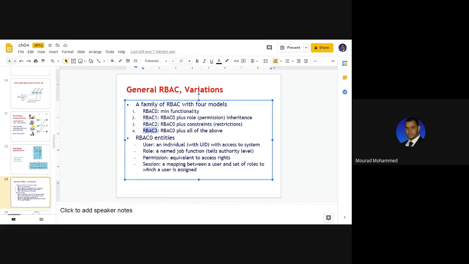So level 3 is the minimum functionality in addition to the inheritance feature plus the constraints feature. All three, if they are gathered, 0, 1, and 2, those three give us level 3.